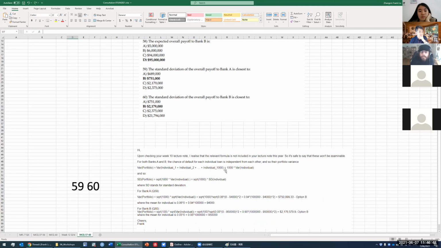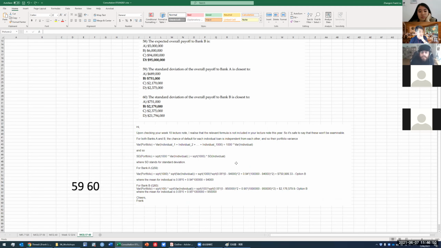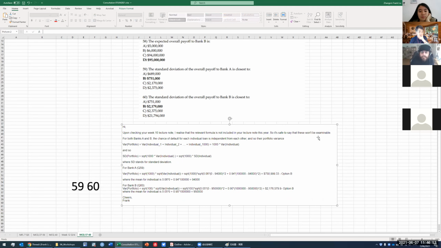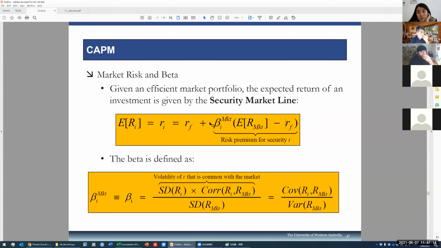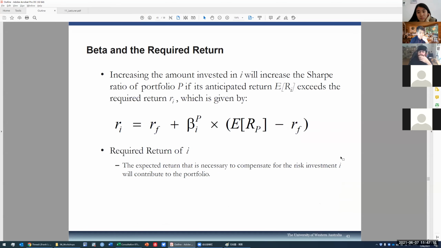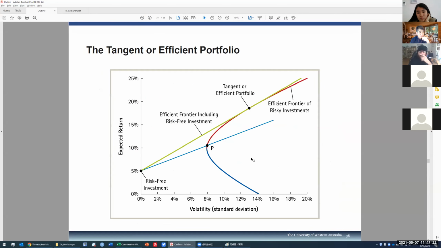And 59 and 60, just read that, right? I do want to say this won't be an exam example, but it doesn't hurt to know more. I also talk about the individual one here as well. Yeah, I should have talked about it. So Lorenzo was saying the market portfolio is located on a frontier where the portfolio will provide the greatest return for the lowest risk. No, so